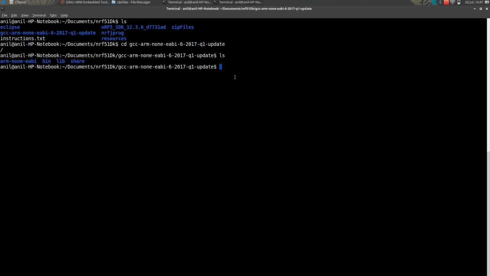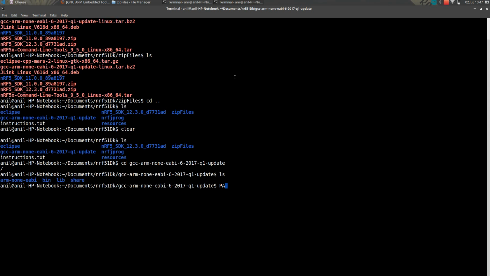To add it, we're going to use the command PATH equal to $PATH, then a colon followed by this folder. So I will go with documents, nrf dk, gcc, then you need to add the bin folder in the ARM GCC. So that is done.